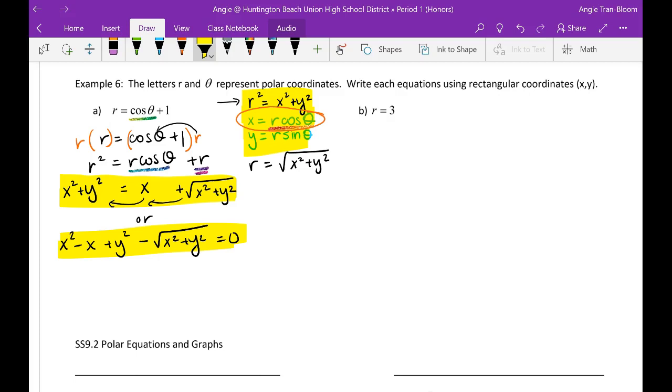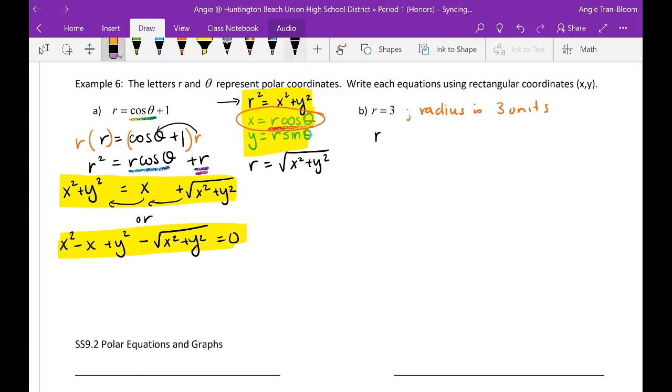All right, next. r equals 3. Now r is radius, right? So this is really saying the radius is 3 units, with no angle given. Sometimes in polar coordinates they don't need to give you an angle, and sometimes they give you an angle without the radius. So I want you to think for a second. What shape has a radius of 3 units all around? Well, as you're thinking that out, I'm going to work this out manually. So they gave you r